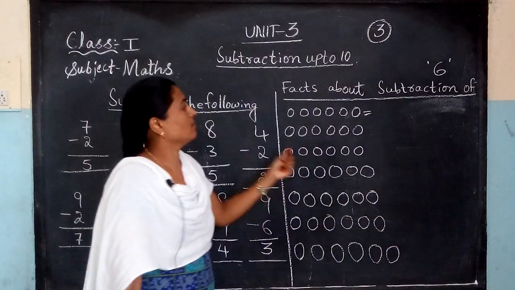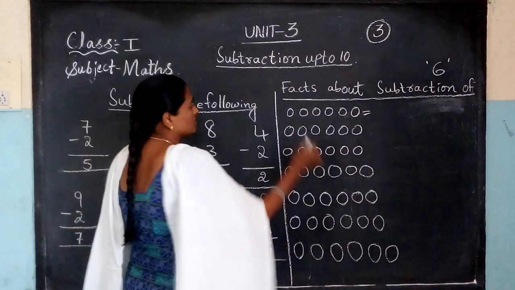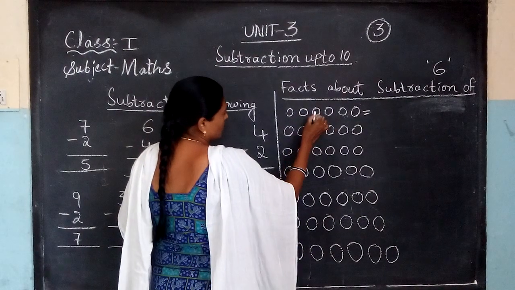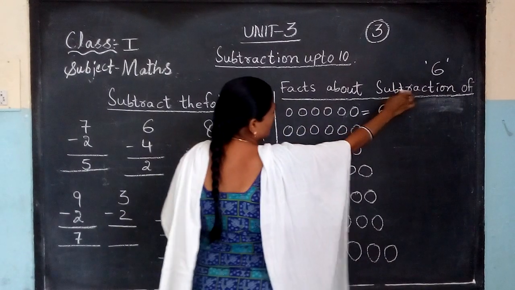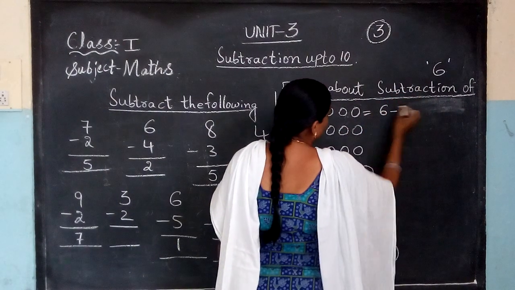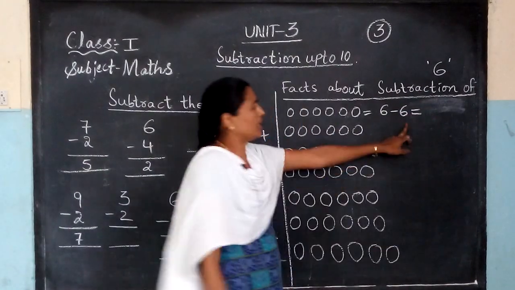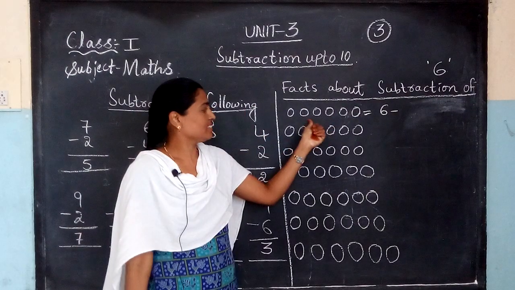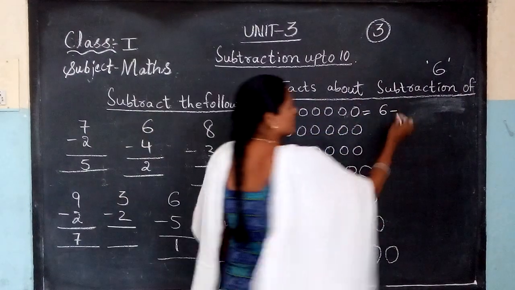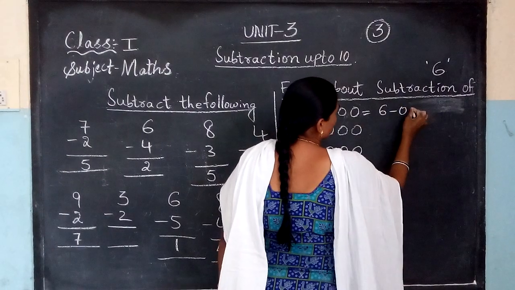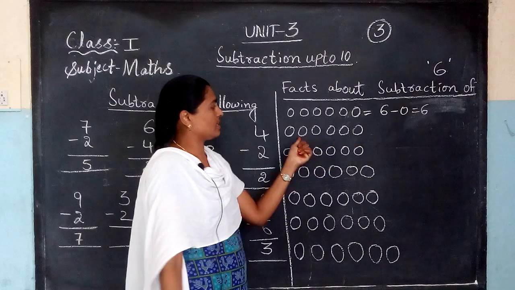Now listen carefully. Here how many circles will be there? 6 circles. Now count. 1, 2, 3, 4, 5, 6. What is this? Subtraction means minus. Total how many are there? 6. 6 minus 6, what I told just now. Here I am not taking away any number, so you think of this as a 0. 6 minus 0 is equal to how much? 6 only.